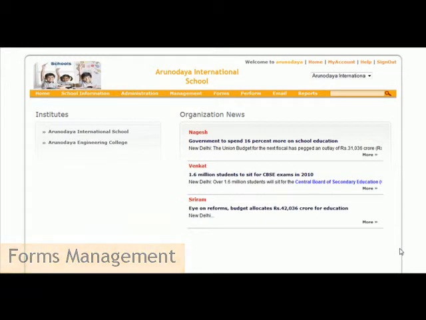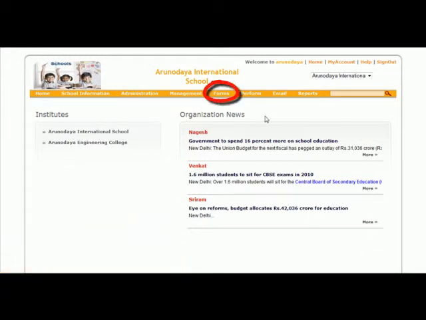Every small to large educational institution is flooded with a lot of enquiries every day. Tracking all this information is very vital for the institution's growth. The Forms module efficiently tracks the details of your past, future and current students in the admission